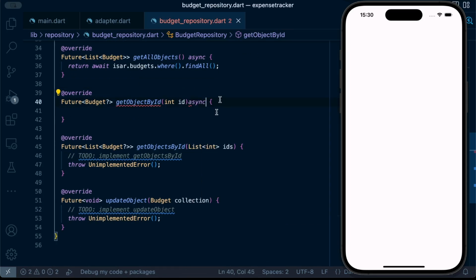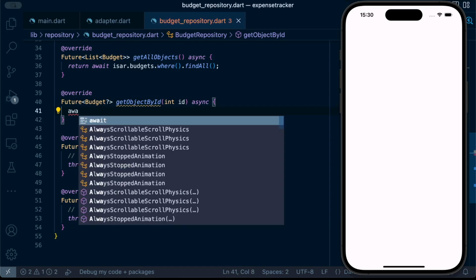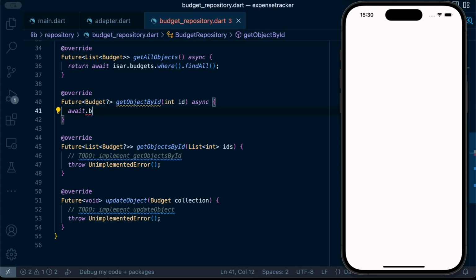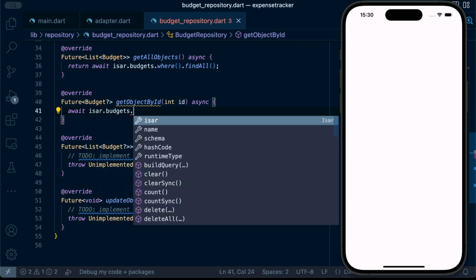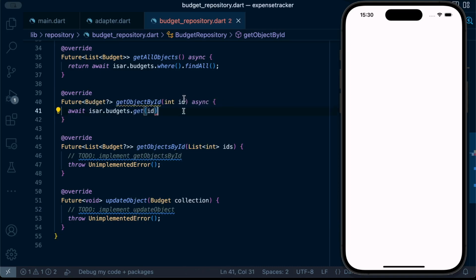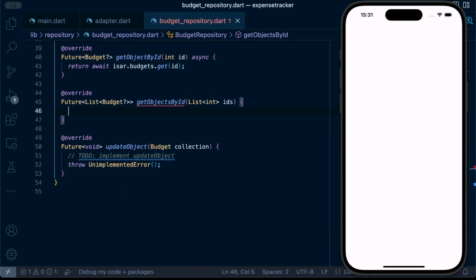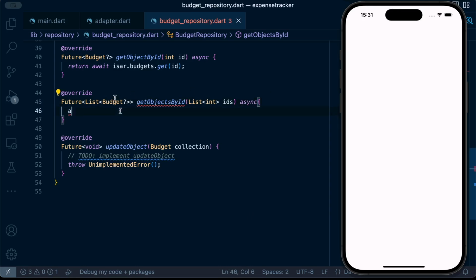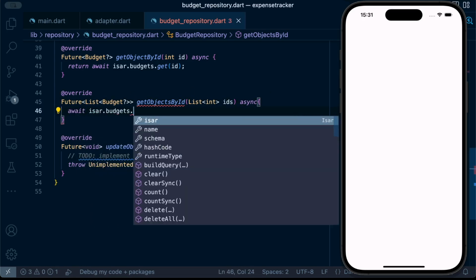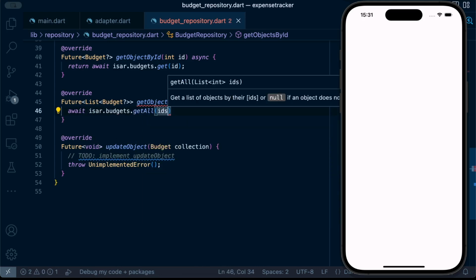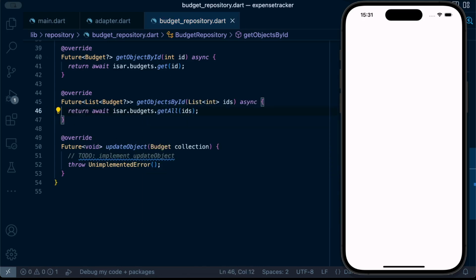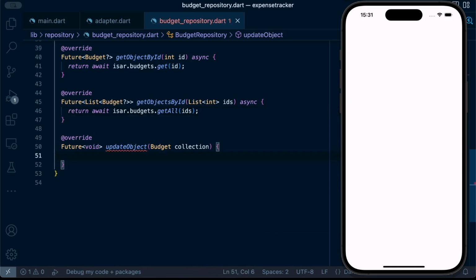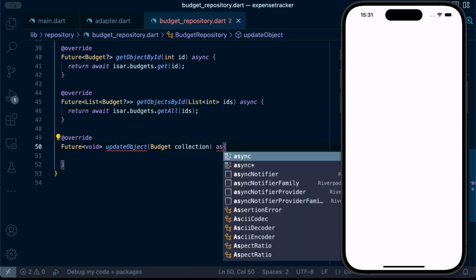For get object by ID, we pass in an async operation, and then we just proceed to call the Isar instance and the Isar collection, which is budgets, and use the method get and pass in the ID of that object. It will return a budget object. For get objects by ID, it's the same thing, but now we're going to be passing a list of IDs. Instead of get, it will be get all. So you can see how Isar has really abstracted and created so many methods that are useful to interact with